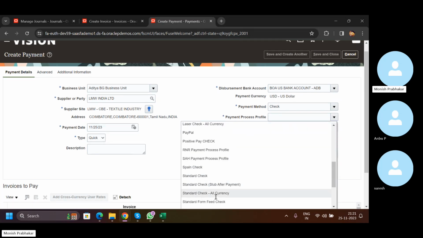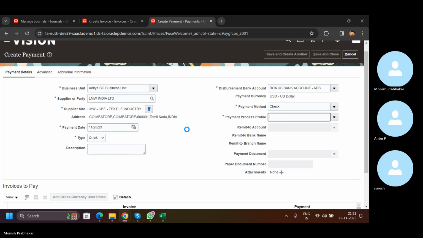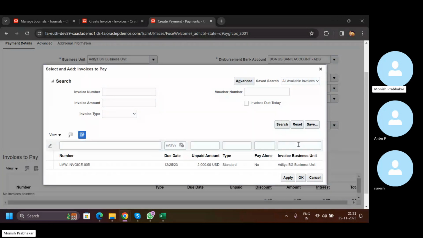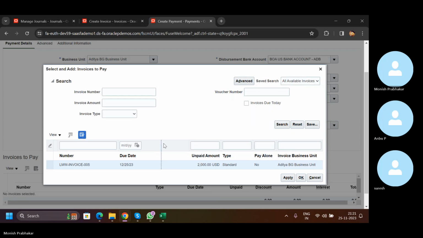Let's say the standard check format. Now payment document check payments. If I click on plus, it will show all the invoices which are available for this supplier. As of now, we have only this one invoice which is validated. That is why it is showing only one invoice. Only the validated invoice we can make the payment for. So if I click on apply,